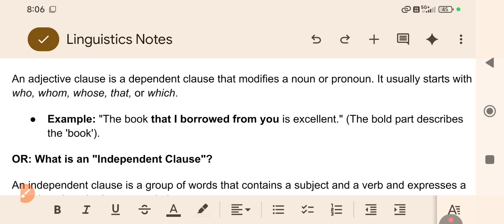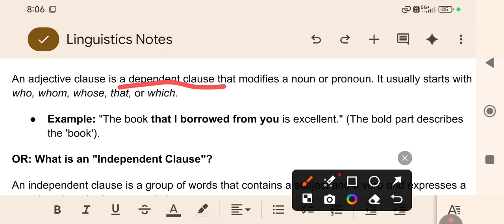And that's a dependent clause because that cannot speak a whole about the situation. If I say that's a very beautiful flower pot, so what? Beautiful flower pot is what? So that is a dependent clause to the main clause, and it usually starts with who, whom, whose, that, which, usually, right?